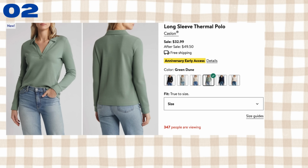Number 2 is the long sleeve thermal polo by Caslon. Polo sweaters and tops were another thing that were very popular in the sale. There's several different versions available. This is another one that I have made myself, and so I knew immediately what pattern was right because it's pretty much identical. I chose the McCall's